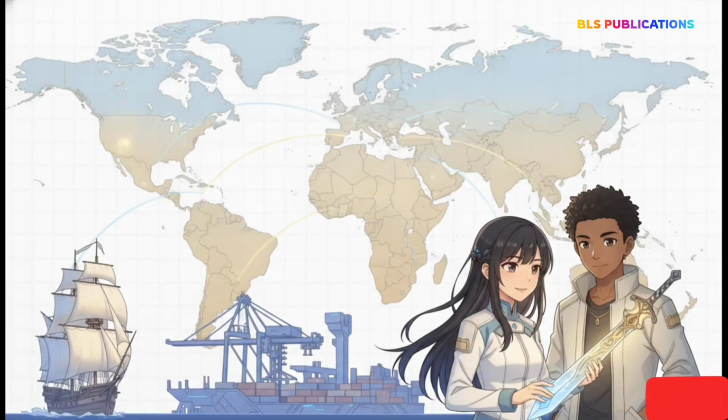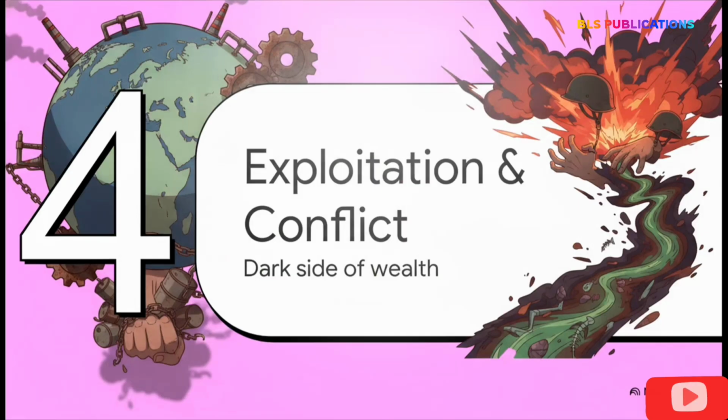And this geographic lottery is way more than just a fun trivia fact. It's the core driver of human progress. It dictates where cities pop up, it shapes massive international trade routes. Historically, for instance, India's unique geography mixed with specific human skills gave us Wootz steel, which literally fueled the rise of vast empires. But on the flip side, this uneven distribution is also the absolute biggest driver of international tension and conflict. Which brings us right into Section 4, exploitation and global conflict, the dark side of this wealth.